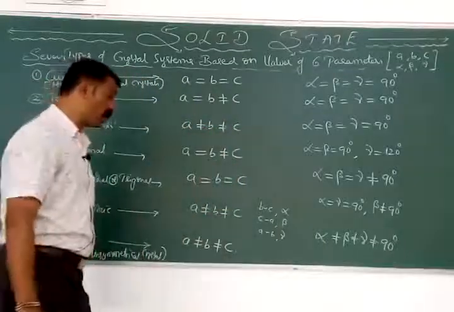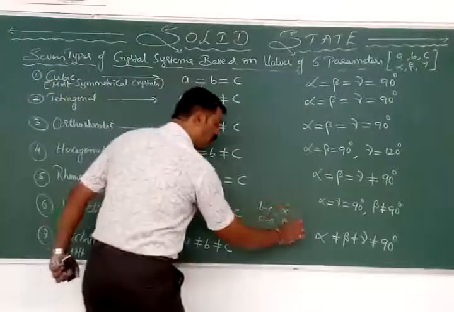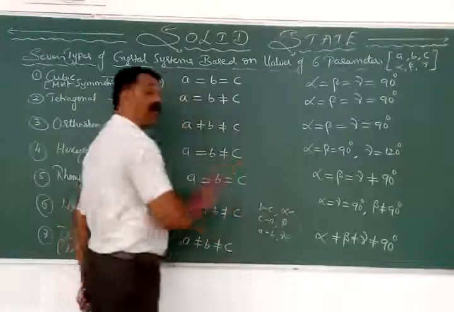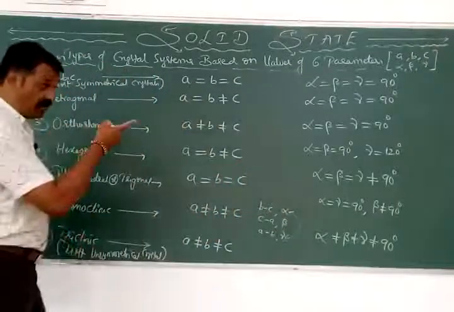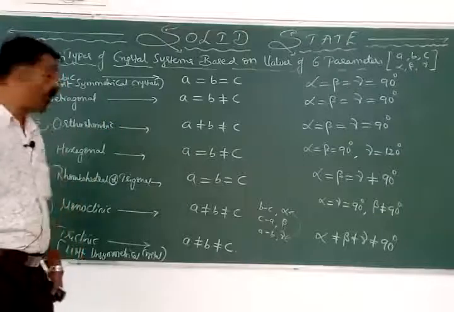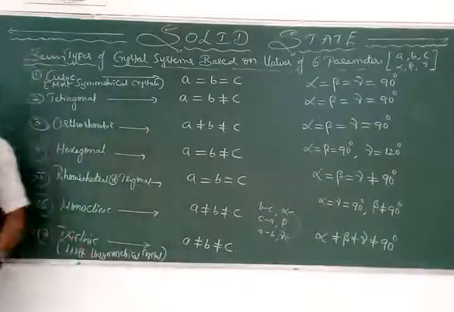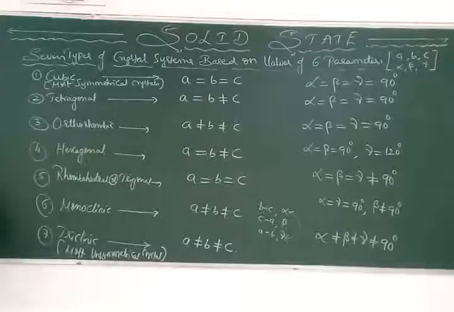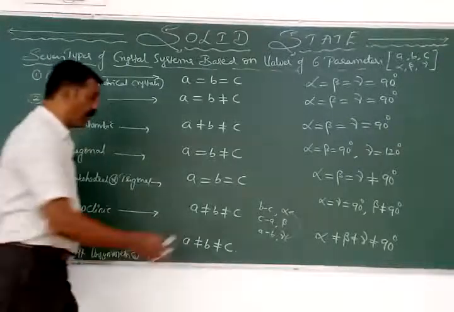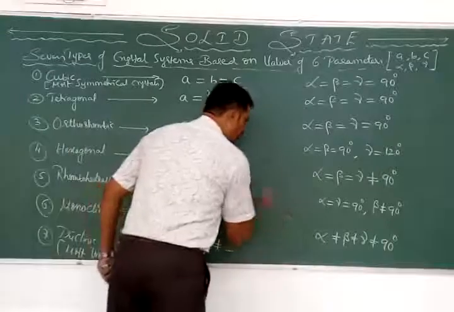So here what have we chosen? Alpha is equal to which one? Gamma. Both are equal to 90. But beta is not equal to 90 degree. That refers to which one? The monoclinic crystal system. What system is it? It is called the monoclinic crystal system. Okay. So here